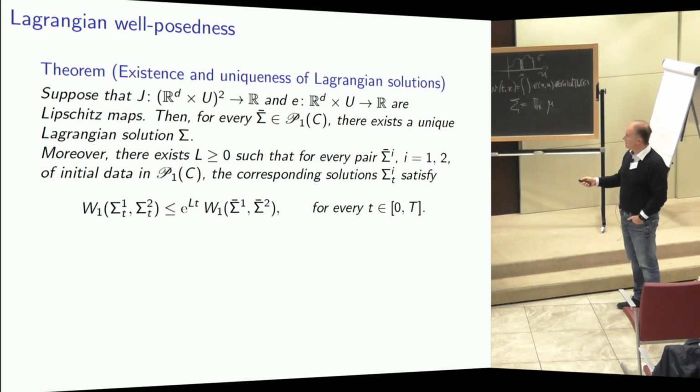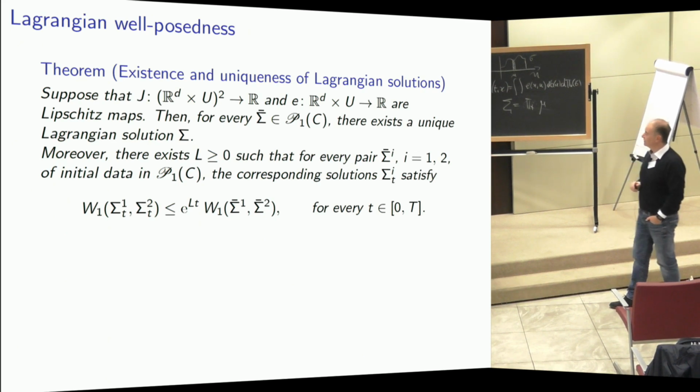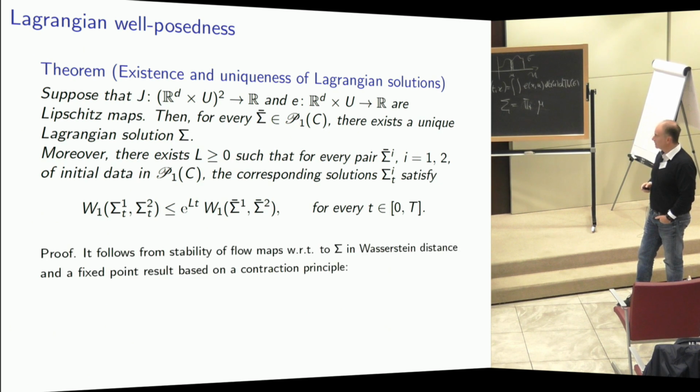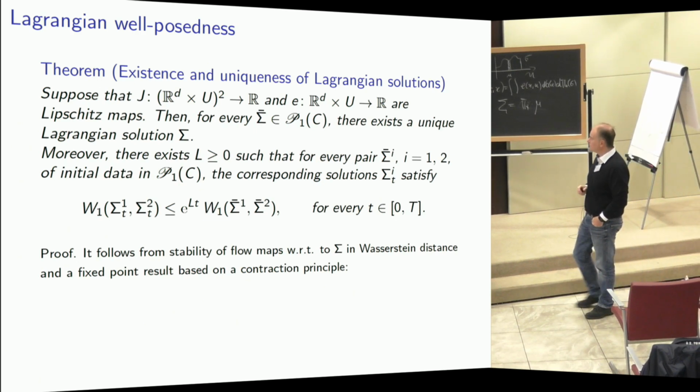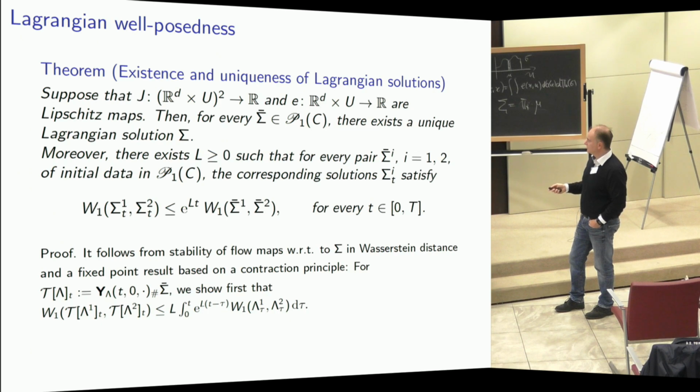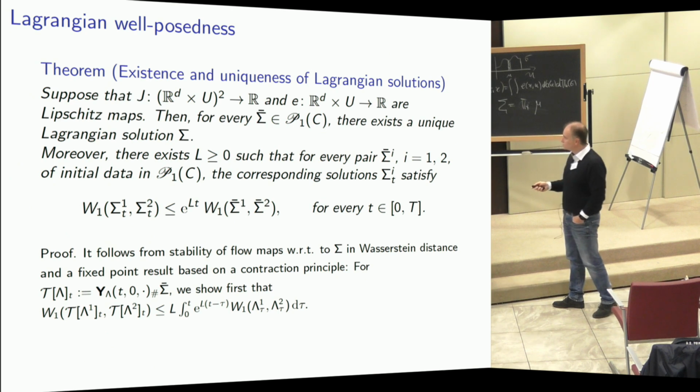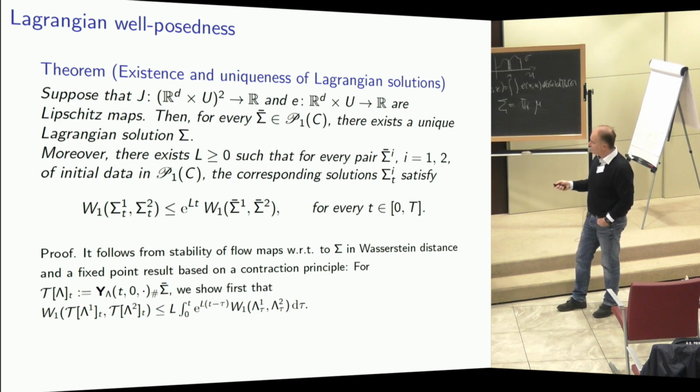Okay, now we are assuming that U is a compact set, so we are not really considering moments in that direction. The proof follows from the stability of flow maps, which is something that comes from Brezis's theorem, with respect to the Wasserstein distance. So in particular, once you have the stability of the flow map, this is transported to stability in the sense of the corresponding probability distribution that defines it, and what you have is that the distance with respect to the Wasserstein distance